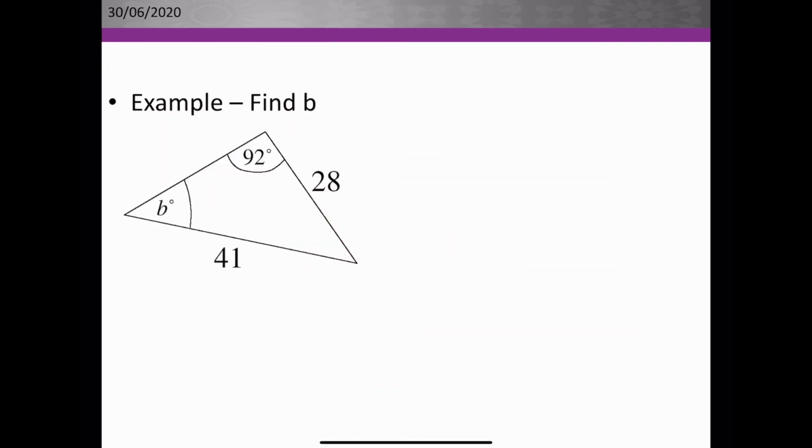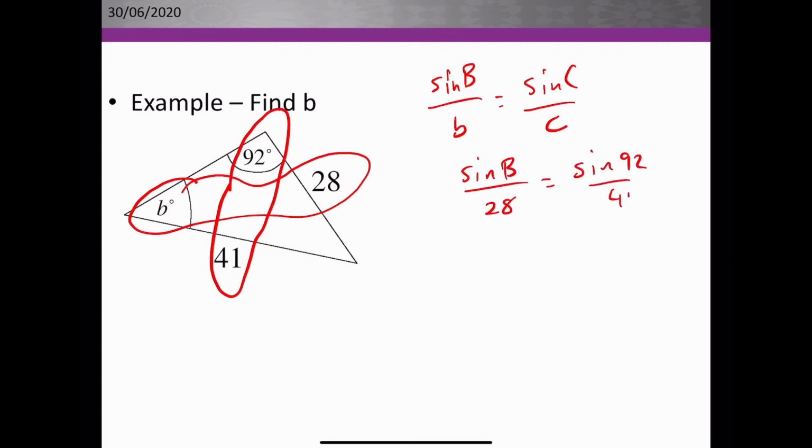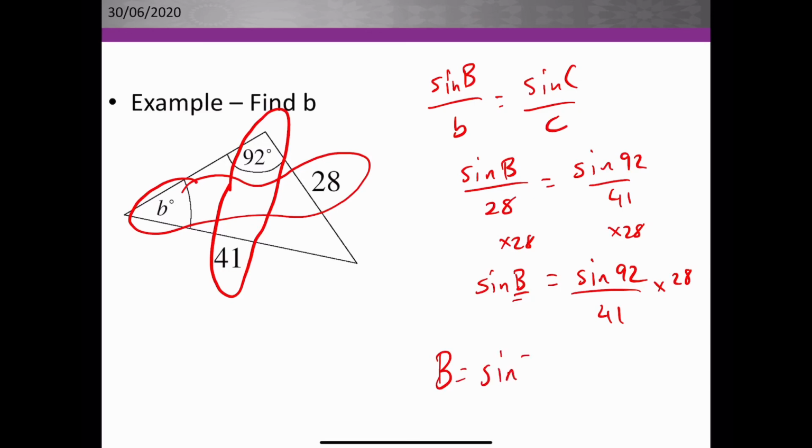All right, let's try once more. Again, let's do sin B over b equals sin C over c. So sin B over 28 equals sin 92 over 41. I want to times by 28, times by 28. Sin B equals sin 92 over 41 times 28. But I don't want to find just sin B, I want to find B. So B equals sin minus 1 of the whole function. And then if you've done it right,